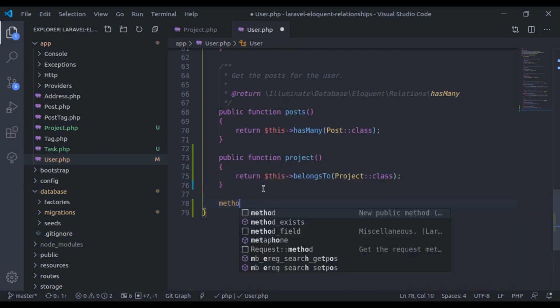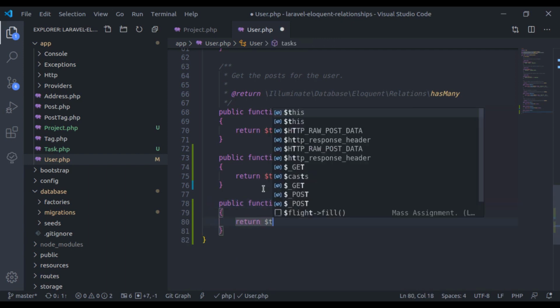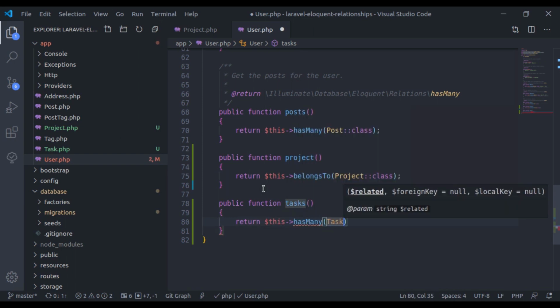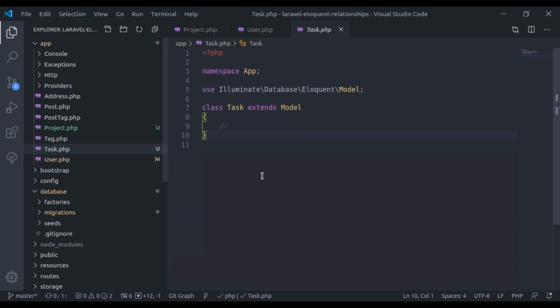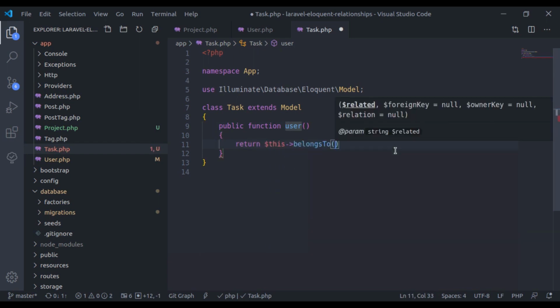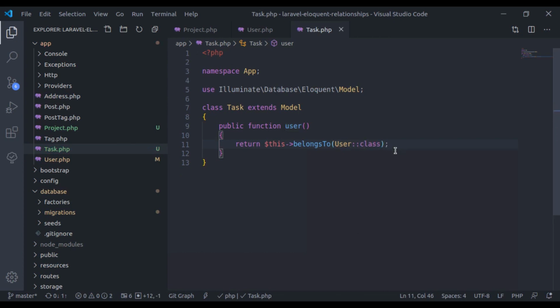So next here I'll create tasks and return $this->hasMany Task model. And finally in the task model, here I'll say this task belongs to a user, so a user method, and it will return $this->belongsTo User class. Done. Our basic relationships are created.